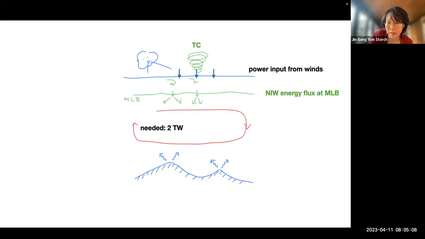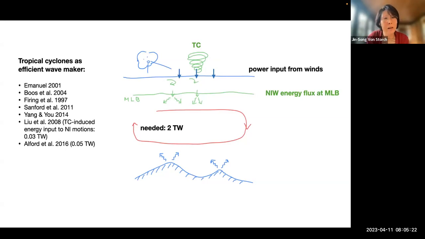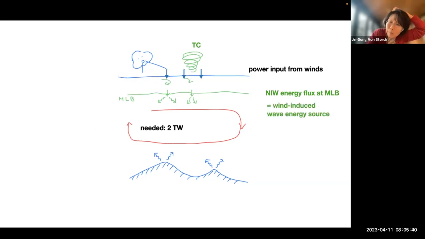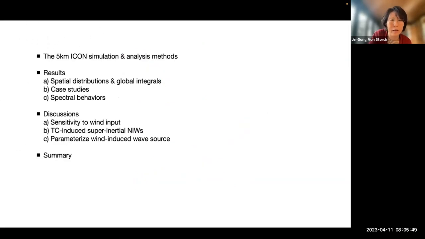There's also another aspect, which is tropical cyclones. In the early estimates they have not really been considered, and in most of them they are not considered. But there are quite some studies on the role of tropical cyclones. In particular, it is thought that tropical cyclones are the most efficient wave maker. They can generate really strong inertial waves. So we thought that, given all this broad picture and very different estimates, maybe it is time to reconsider and re-examine